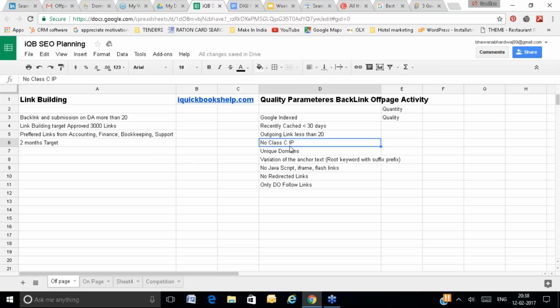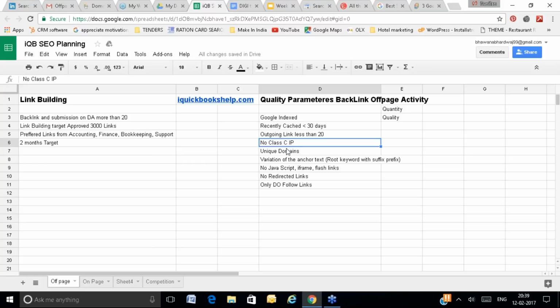The owner of these 20 websites is the same one. So Google will not treat it as 20 links. Google will treat it as one link. So whenever you are getting backlinks from many websites, try to get backlinks from different hosting providers. All the websites should not be hosted in one hosting account.